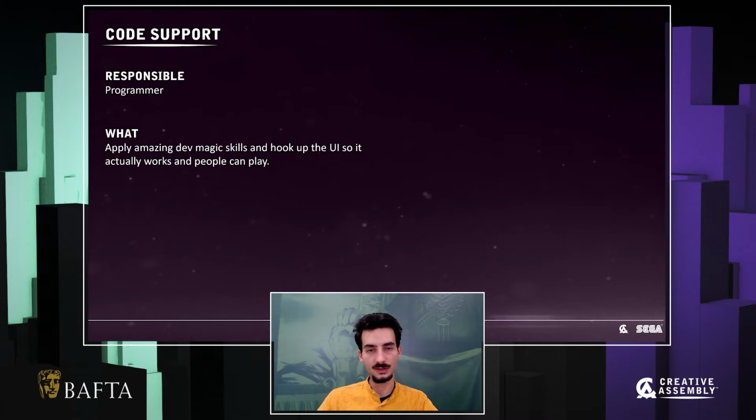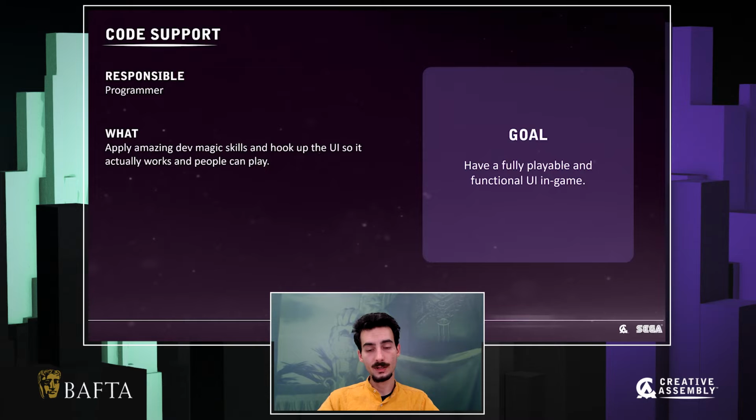And oftentimes at this stage, programmers will discover some additional player experience case that we haven't thought about, or they will propose a cool improvement to the interface, which more times than not we end up implementing. And the goal at the end is to have a fully playable and functional UI in game. The code support documentation